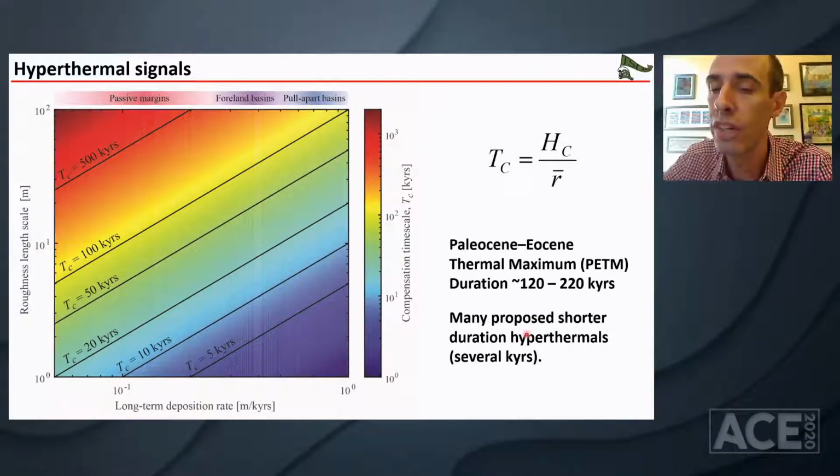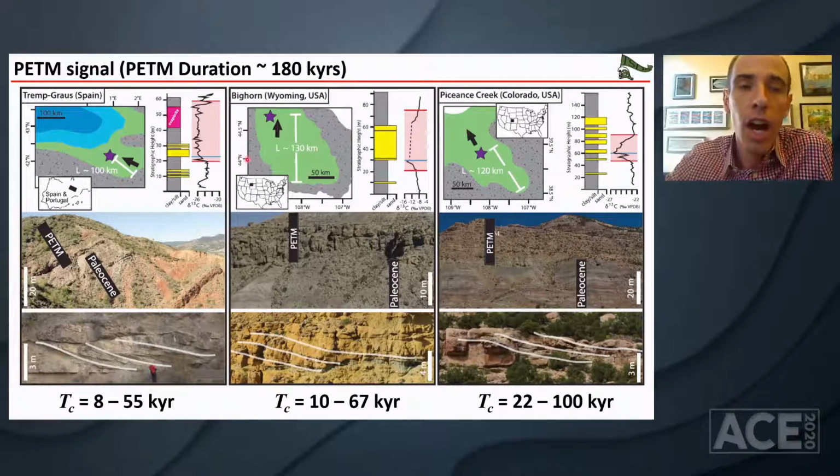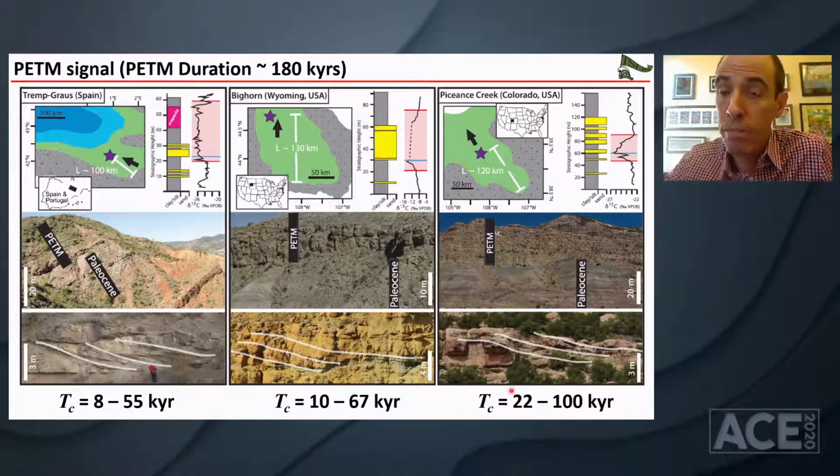But just note that in addition to the PETM, there are other warming events that might even be over shorter timescales. So just an indication here of our ability to measure this for some field systems. Here are 3 different field systems from around the world, 1 in Spain and 2 in the US West. And we can do a good job of actually coming up with estimates for these compensation timescales from real field